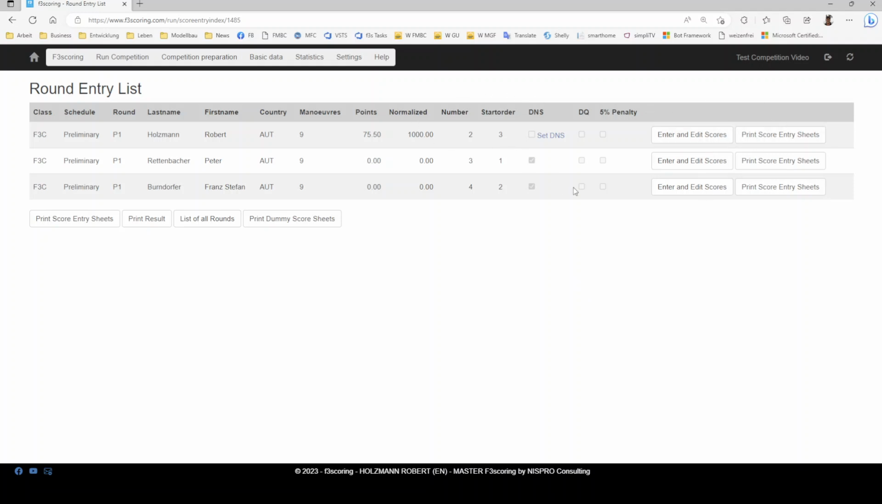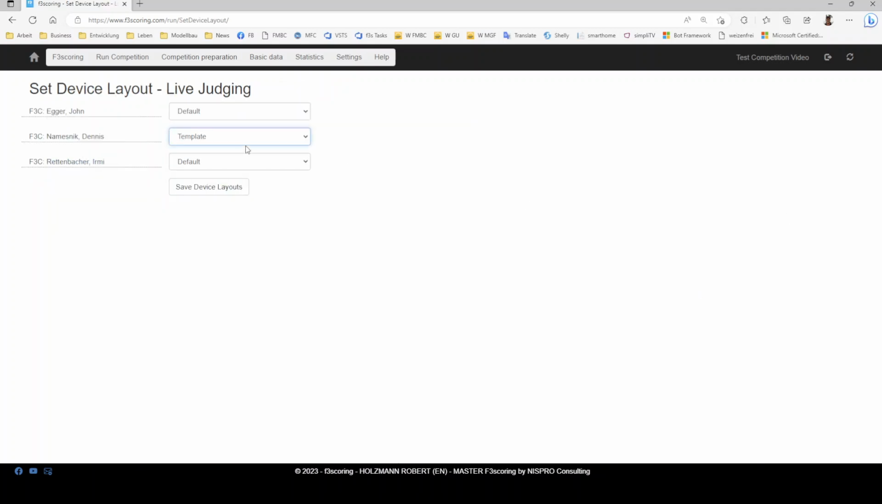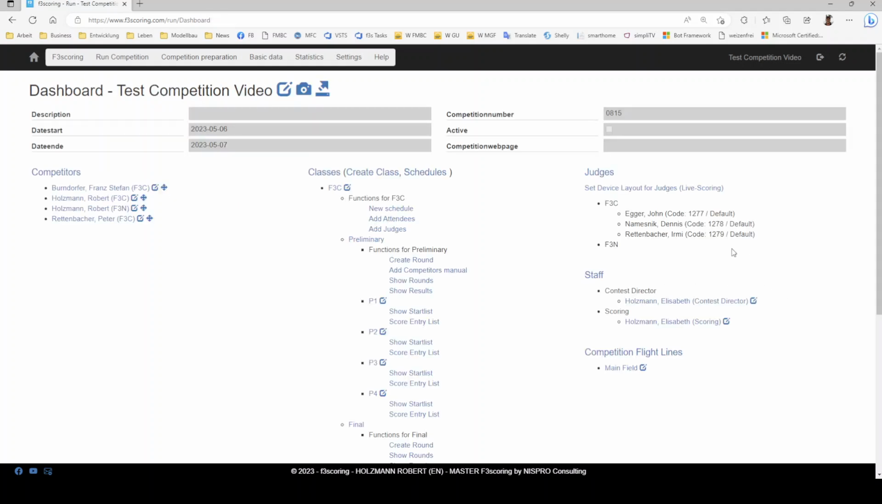This step is currently not automatic. You have to do this manually, but I will show you how to. So, for example, now we start. I use again Dennis Namesnik as a judge for the functionality. So I use the code